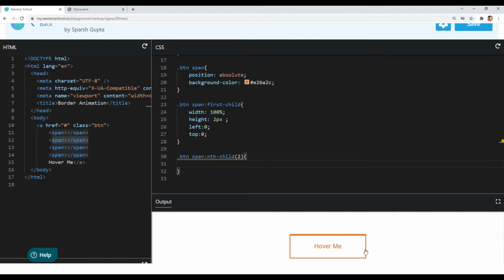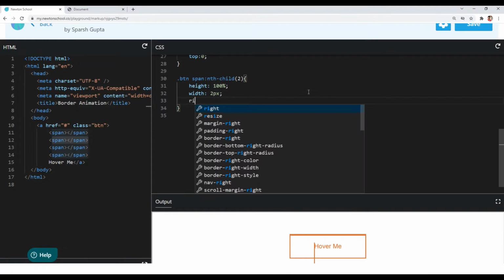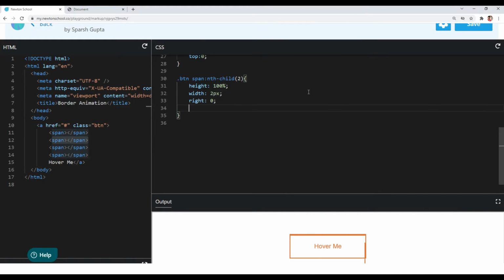So this time I want the height to be 100%, and for the thickness we will give a width of 2 pixels. Now you can see we got another side, and let's position it at the place of our right border. So that is 0 from right and 0 from top. Okay, so you can see we have placed our right border also.